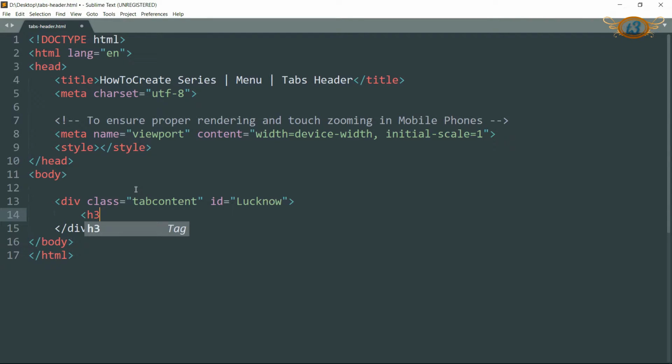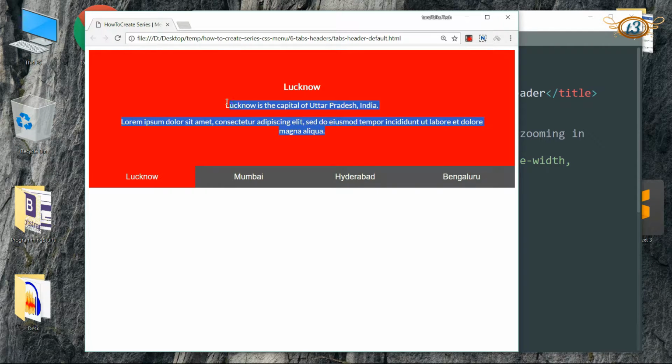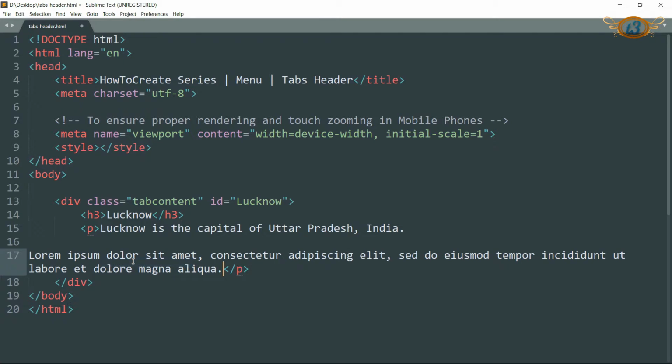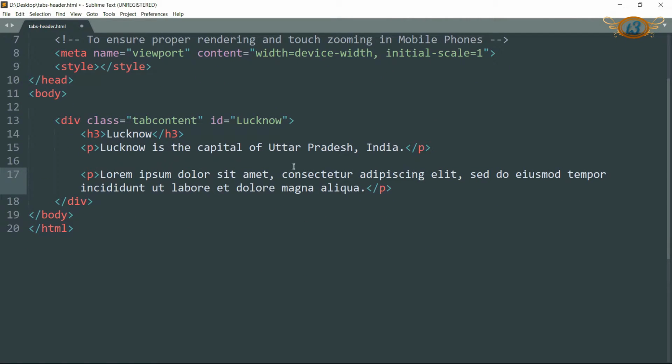Then create h3 tag and write text as Lucknow. Then drop down and create a p tag, and let me just quickly copy the text from the page. Paste it. You can pause the video and write the text, or you can write any other text that you want. Let me close the p tag here and add one p tag here so that these two statements are in different paragraphs. Then let me just copy this entire div element